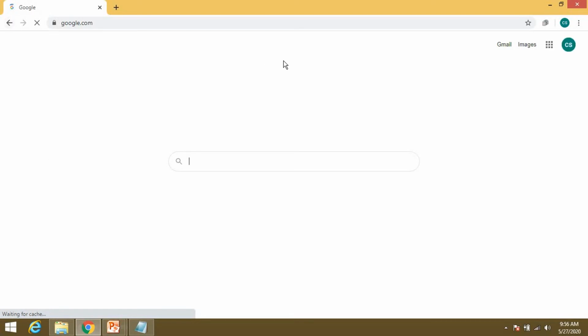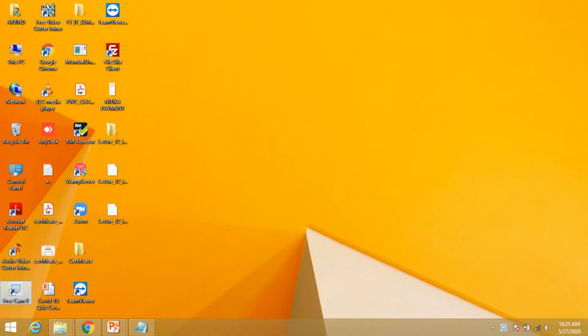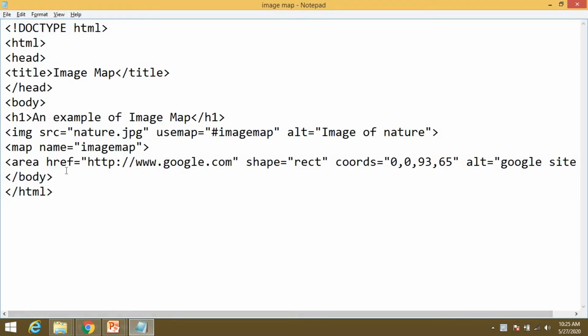Secondly, we have seen the rectangle coordinates. Next shape is the circle.